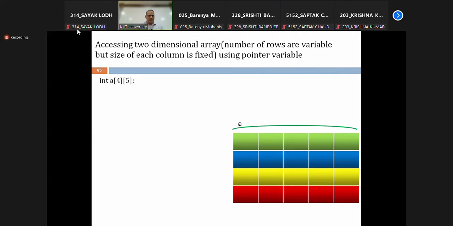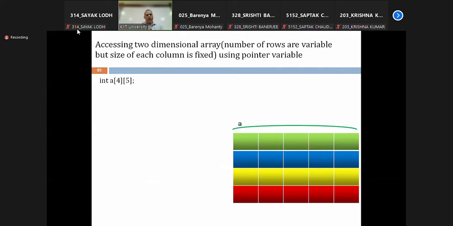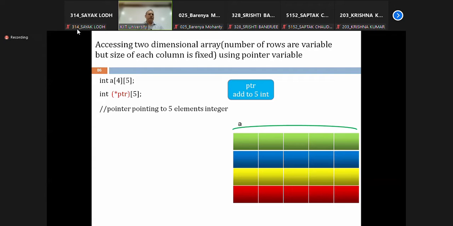Where size of the row is previously the number of rows was fixed and size of each row was variable. Now we'll go for an array where number of rows are variable, but size of each row is fixed. Again, write down, number of rows are variable, but size of each row is fixed. Okay, so sometimes we would like to